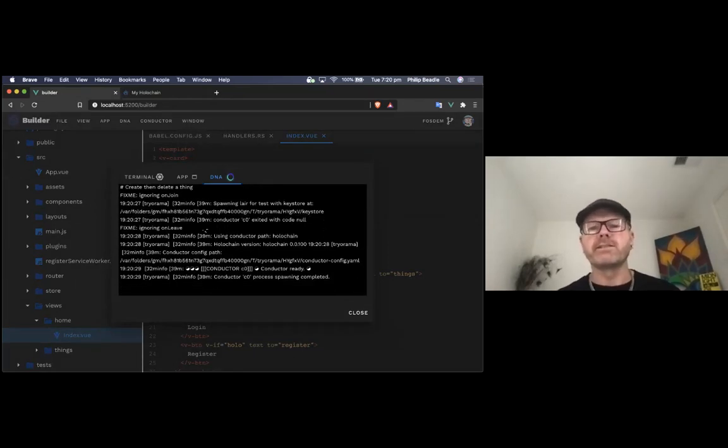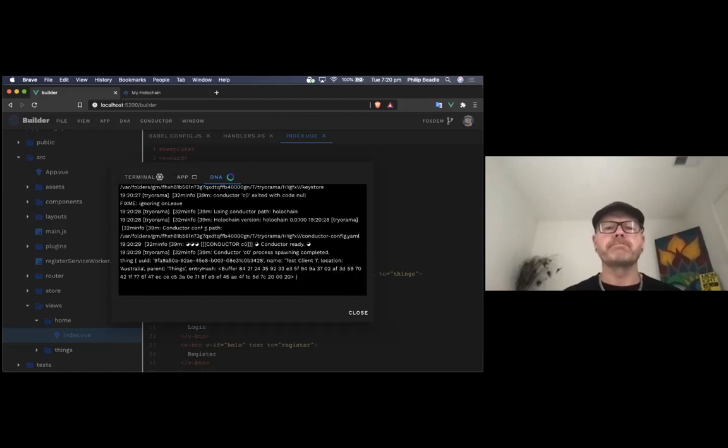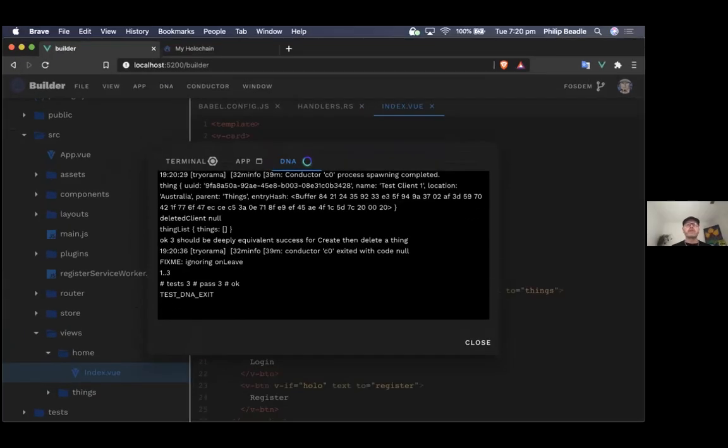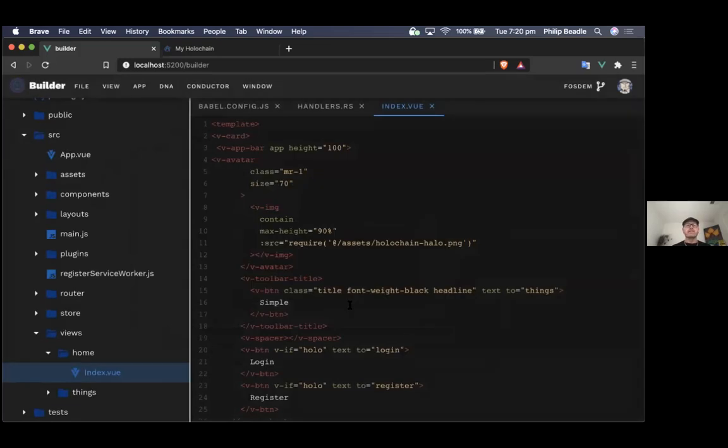There's only 3 tests, so it just takes a couple of seconds. And there we are, all done. So now we have a compiled, built and tested DNA that is actually running. So what we need to do now is